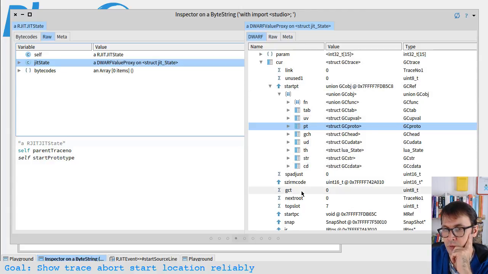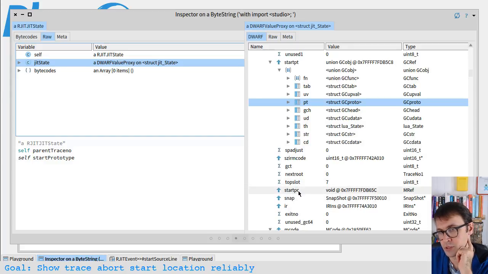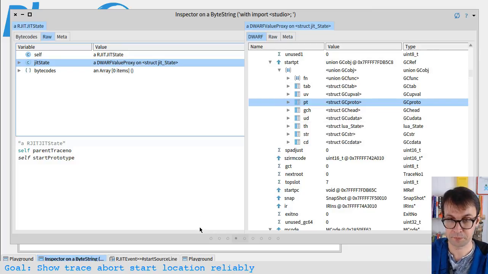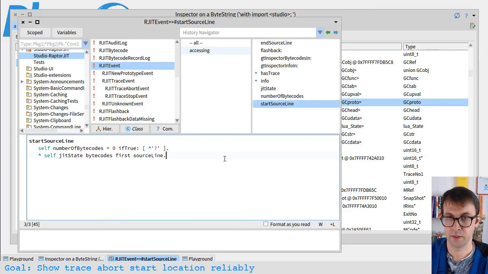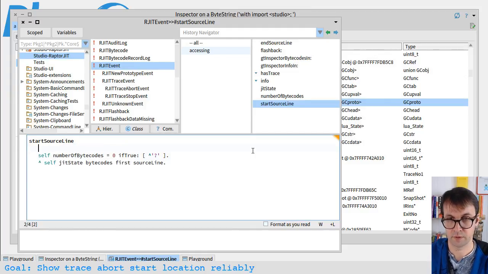And then we take the starting program counter address and we use that to look up into the start prototype there. So let's put all of this together now into this function we had here. So that's how this function is supposed to work. When we want to see the start source line for a JIT event, instead of doing this funny business with the number of bytecodes, we're going to